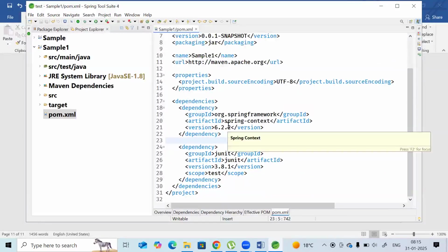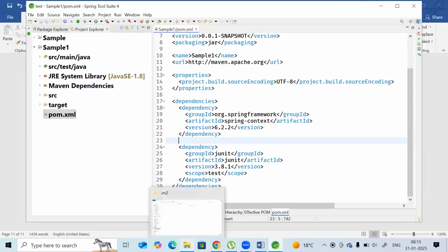From where is it using them now? Local repository. But previously, the first time, it was downloading from central. Okay. So now the question is, where is that local repository? In every developer's machine,